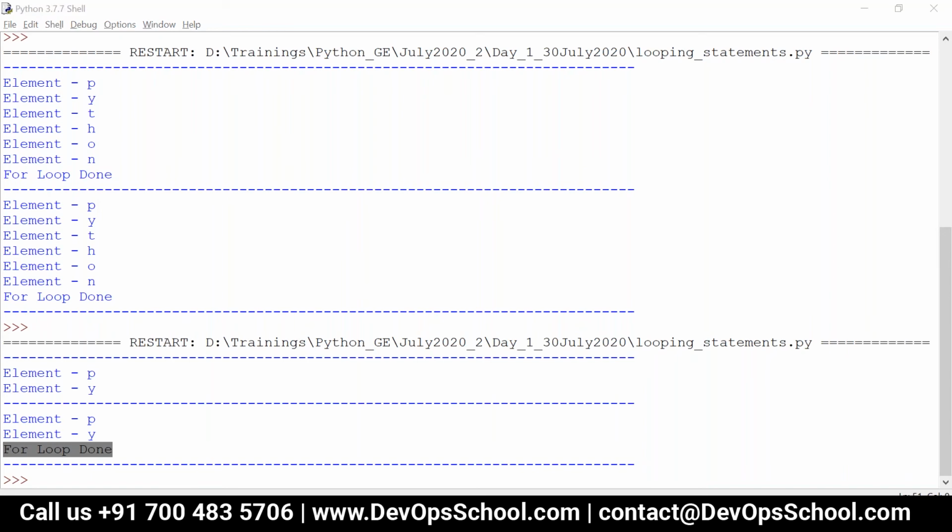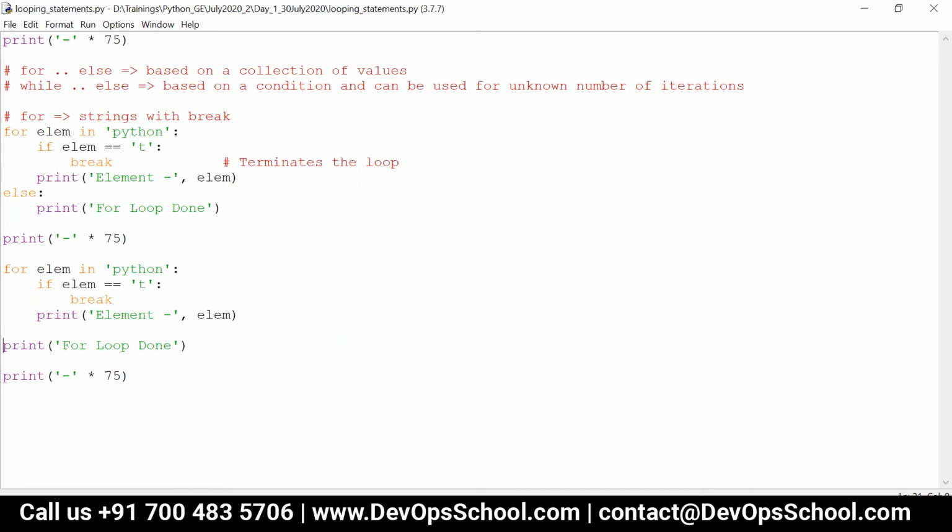So you can use it whenever you have a break in the for loop, and if you want to execute a set of statements if the break is not happening, then you can include those statements under the else block. For example, in real-time scenarios, consider you have a list of files to process.